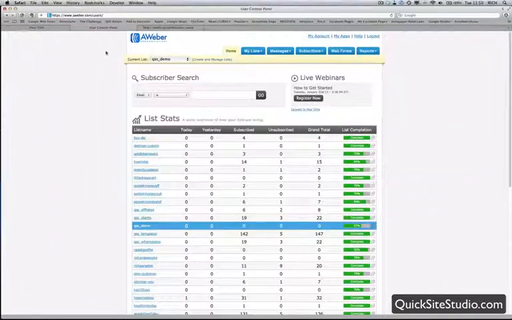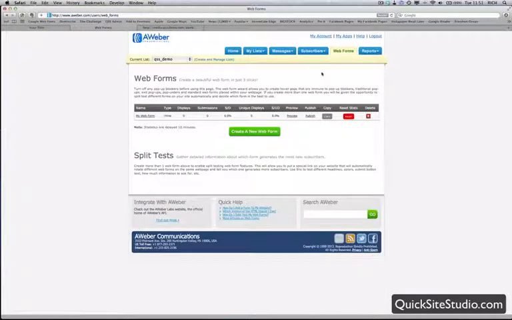Okay, so we're now in Aweber and I've got my list open. So to get the code that we're going to use in the mini site template, we need to click on the Web Forms tab, and if you've already created a web form then that's going to be displayed here. If you haven't done that yet, just click on this green button here, create a new web form, and follow the steps. It's simple to do, it'll only take you a couple of minutes, and then you'll come back to